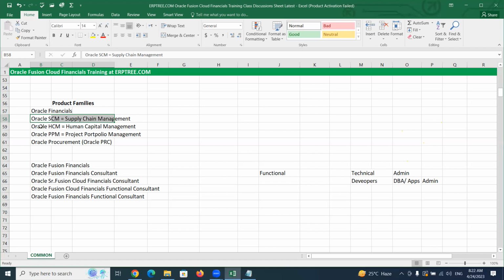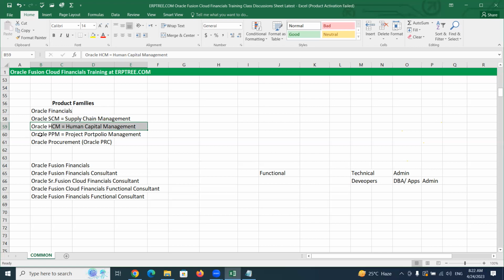You have Oracle HCM application, Human Capital Management. You can maintain the people related data by using Human Capital Management applications. Who are the employees you have, how you are running the payrolls for them, how you are maintaining their competence, goals, etc. Completely related to people management, employee management.